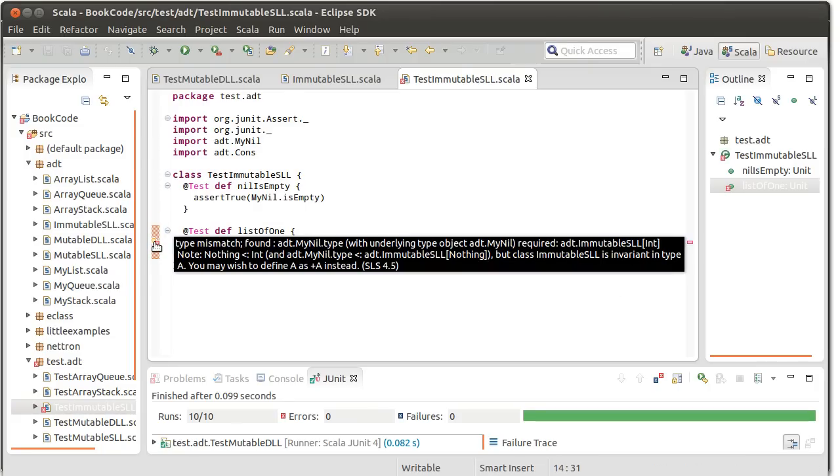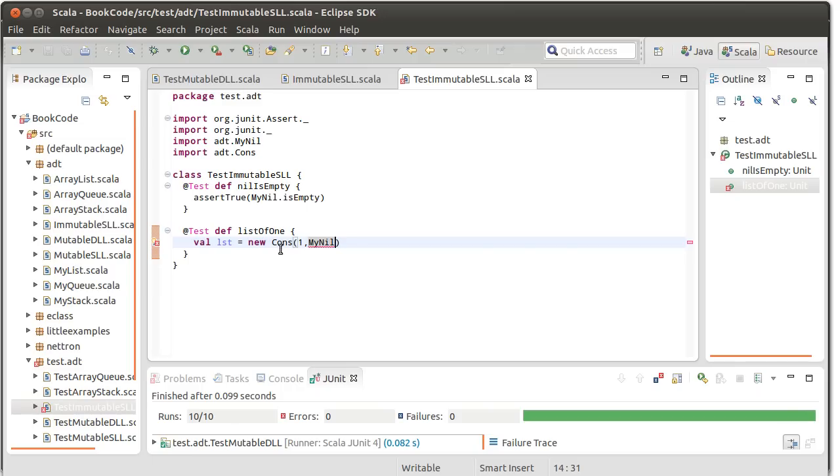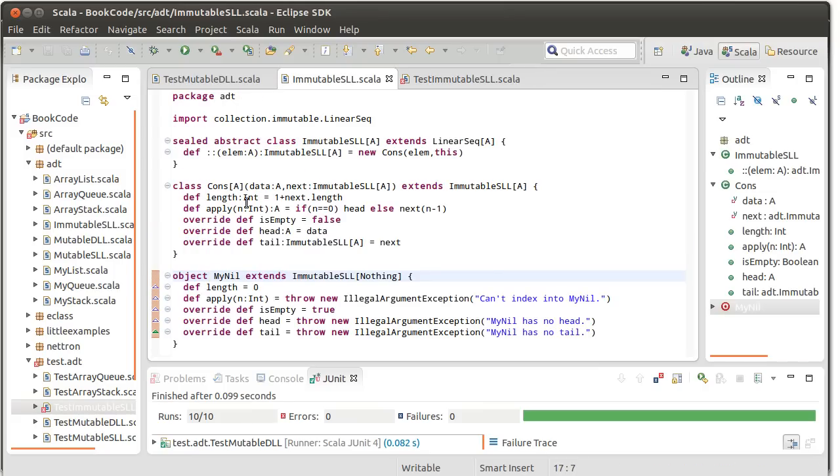Okay, why not? Well, because cons, in this case, it's inferring this is a cons because that argument is 1. It says, oh, you're doing a cons and you're building it with a type A, and that A is an int, so it says A is an int. So therefore, you have to have an immutable SLL of type int. And oh, wait, but my nil isn't type int, it's type nothing. And there's a problem. So to understand this,